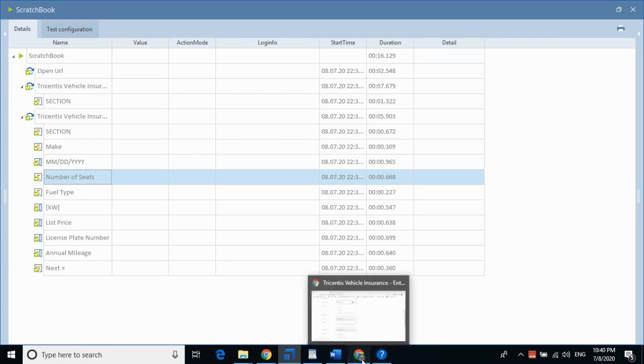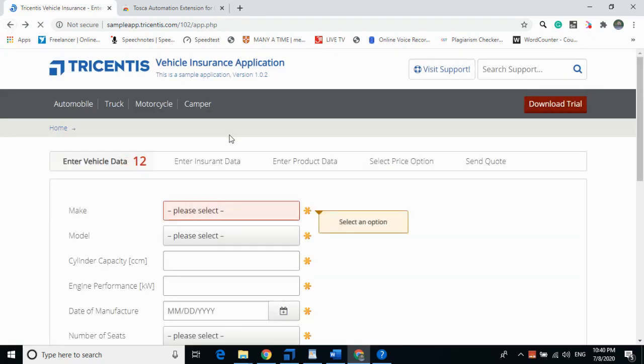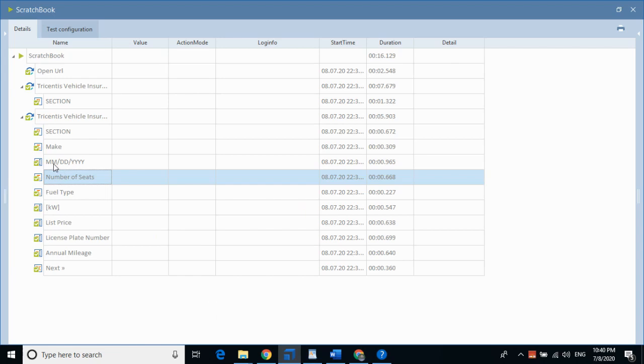I am going to show you all the fields once again. This is make. This is the make field.